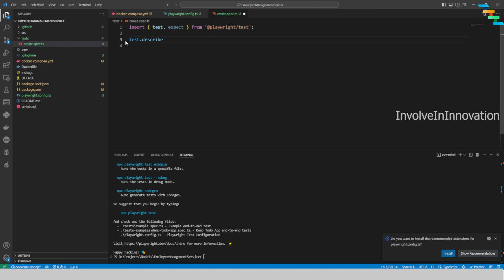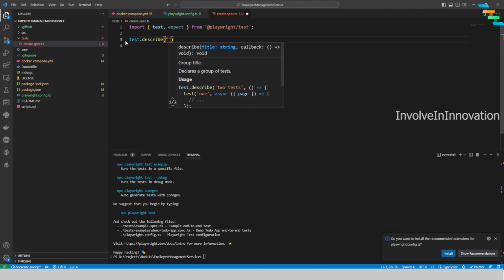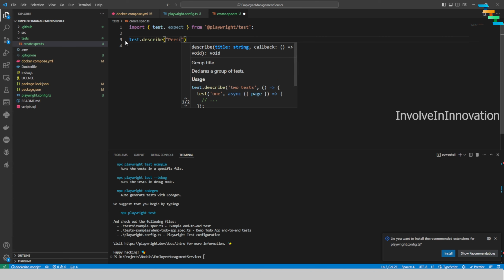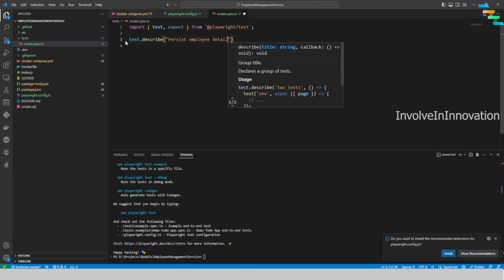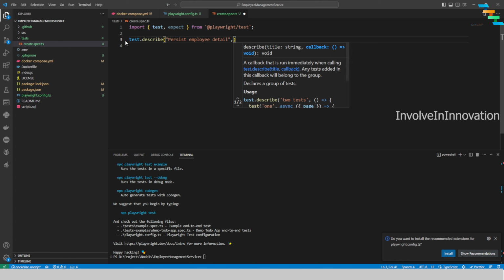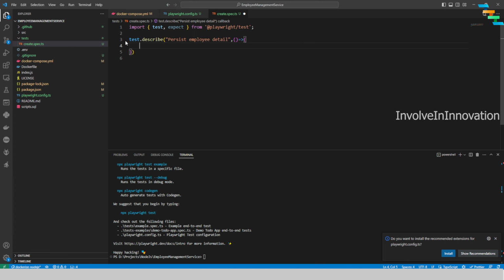so that if you have familiarized yourself with Gherkin, where you are using Gherkin syntax like given, when, and then, you can achieve a similar kind of steps using the describe. It takes a string and then it takes a function. This is the string which will be displayed in your report. So give a meaningful name, persist employee detail, and then this takes a function,